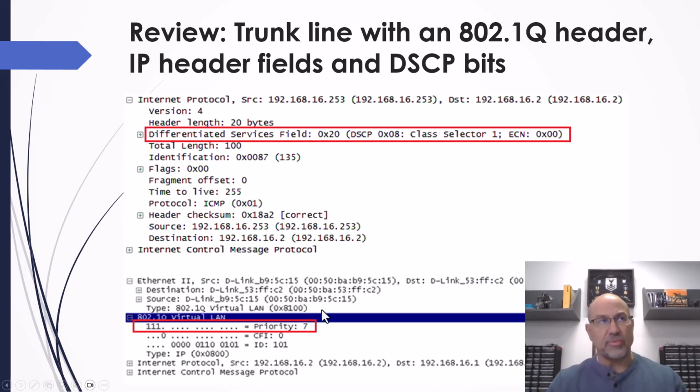Normally, we would see 0800 for IPv4, 0806 for ARP, but here we're going to see 8100, which means to a receiving switch, oh, we've inserted this 802.1Q header that includes the VLAN ID and that priority. Now, this value can be